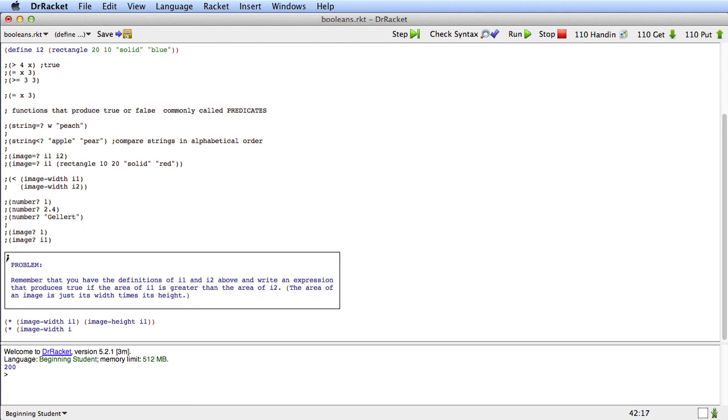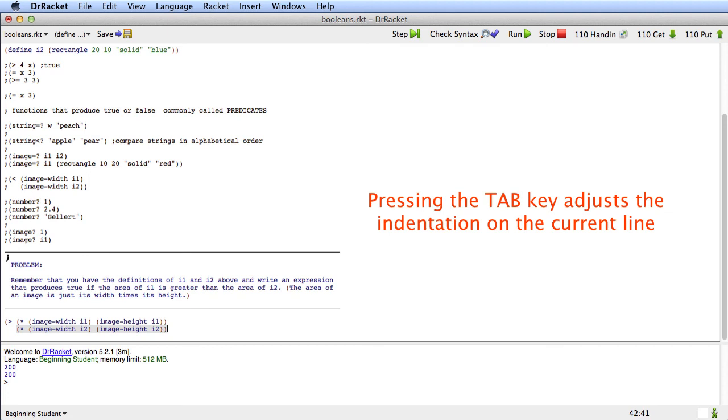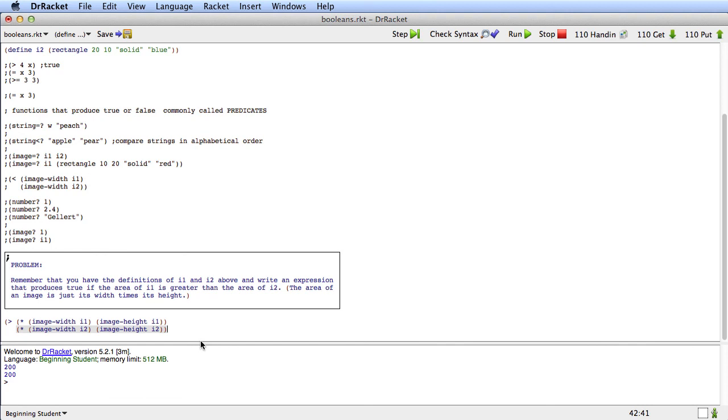And here's going to be the area of I2. And I'll run that to make sure there's no mistakes in there. And now I just need to produce true if the area of I1 is greater than the area of I2. So I'll just take what I've got here and I'll put open paren greater than around it. Now if I go down to this line and press tab key, Dr. Racket will line my parens up nicely. I'll close that paren